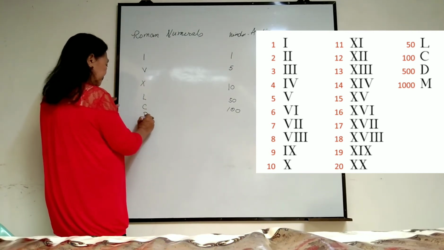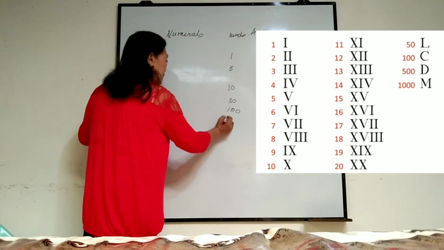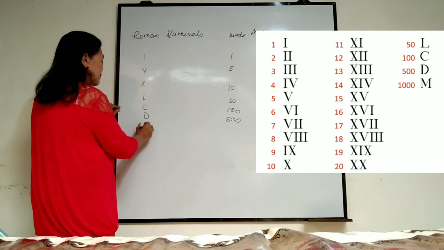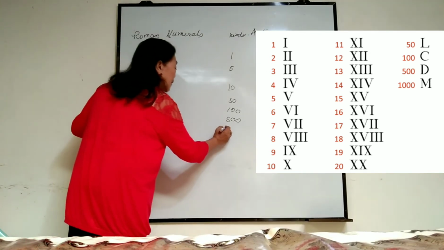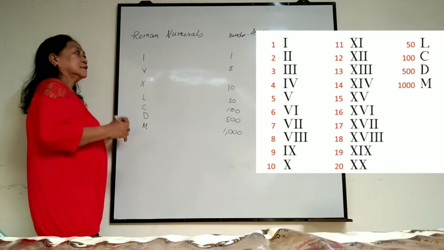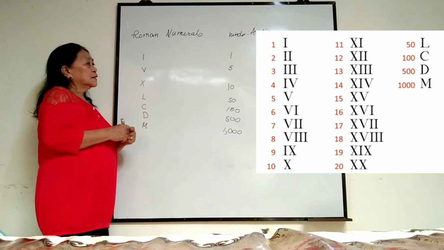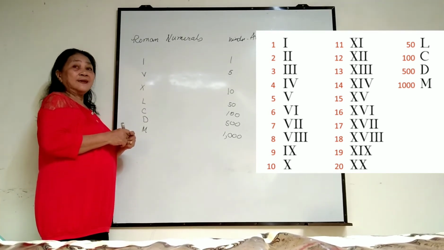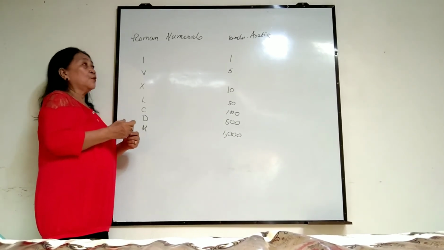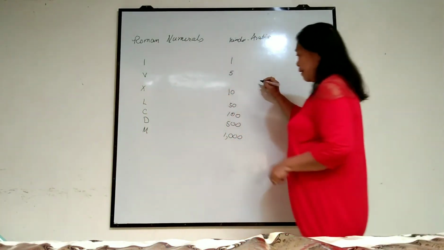D is 500. And M is 1000. Now there are rules to be followed so that you will not be mistaken in writing their numbers. Example, if you're going to have X,